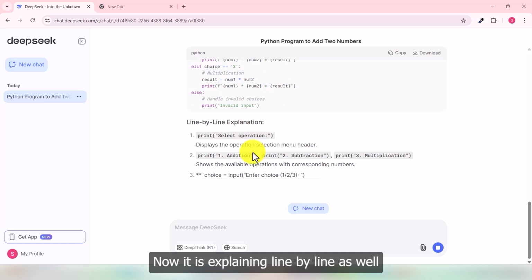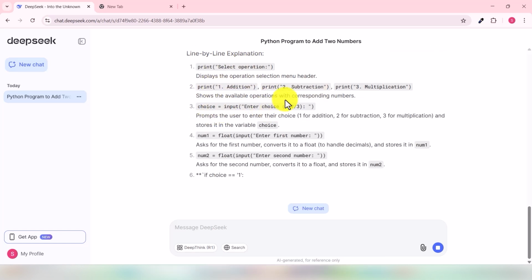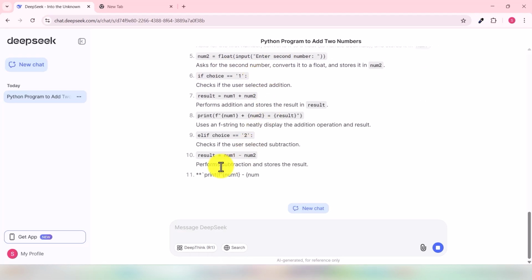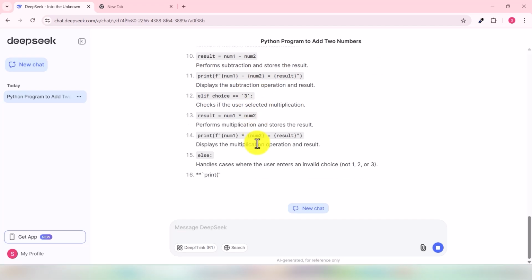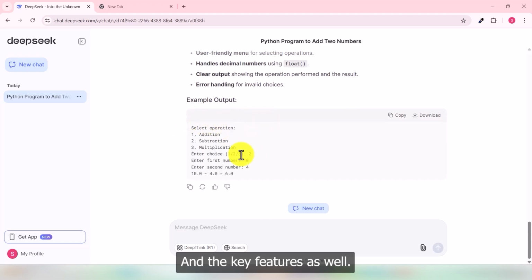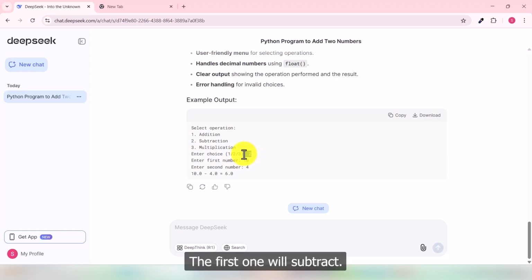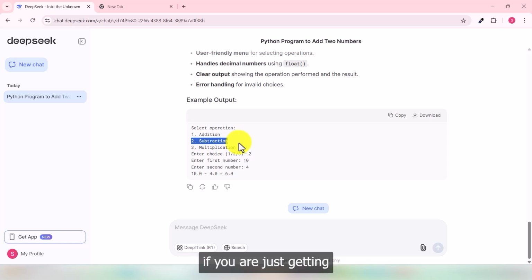Now it is explaining line by line what the print function does and how the subtraction, multiplication or addition will be done, and the key features as well. Example outputs like addition, subtraction, multiplication. The first one will subtract. Here you can see 10 minus 4 is 6, as the number 2 does the subtraction. This approach is great if you are just getting started with Python and want to understand the basic syntax